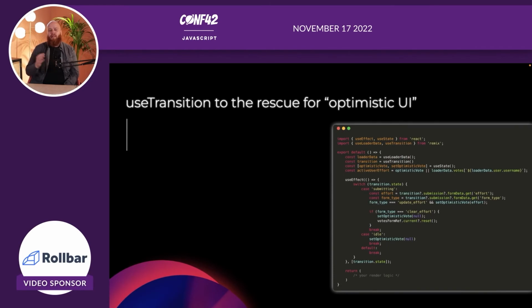We can use something that's already existing online, which is called optimistic UI. And the gist of it is saying, okay, I'm very optimistic that my code works. Basically, I'm saying, you hit submit, we know what you want to submit. We're already going to update the UI as if it went successful. Then when the response comes back and it says it is successful, perfect, we don't need to do anything anymore. Once it says that there's an error, we need to put it back. This can be a bit cumbersome, but luckily Remix thought about this and added something called useTransition. And what does useTransition do? Well, basically it has a transition.state.